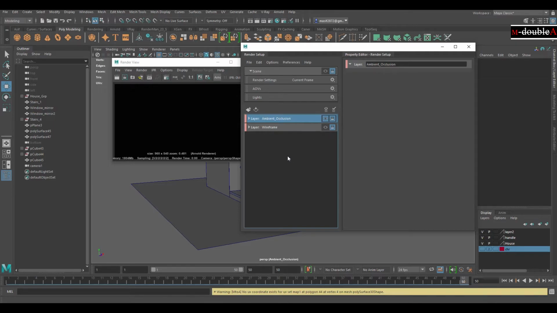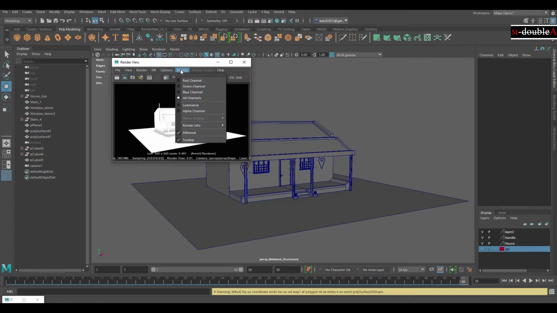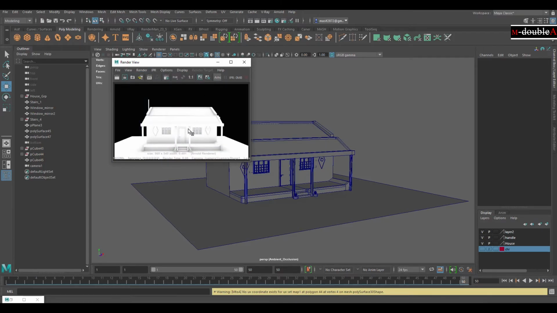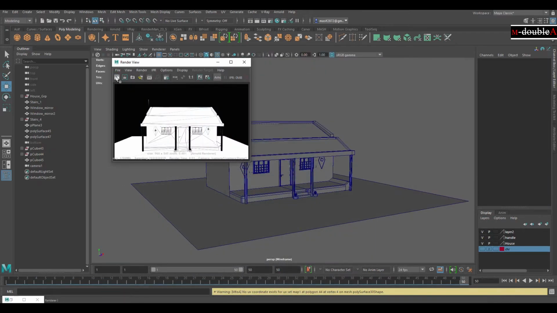We need to do it one by one. First ambient occlusion, so click on this icon, not this. Okay, and now you can see, just click on it. Yeah, okay, select the option to change the camera view, and now you can see the ambient occlusion. And if we need wireframe, make the eye invisible and click on wireframe. And now you can see, click on it, this is wireframe.